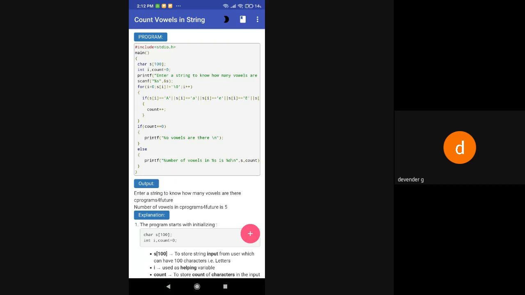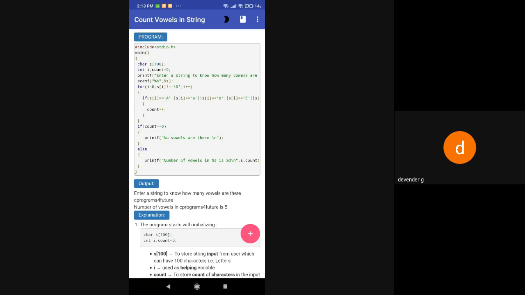Then it will say, do you find any alphabets, that is, your vowels. So if you find it, you say give me the count. If you don't find, you say there are no vowels in the sentence. So for that, what I have done, I said count equal to 0, saying that there are no vowels in your sentence. Okay, or else I am saying else print the number of vowels with count I need. So saying s and count.